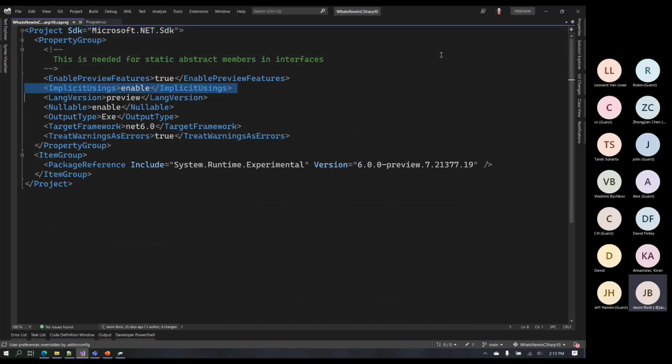So the first thing is, if you want this, you need to opt into it with your csproj file. This is something that actually changed during the evolution of C# 10, that they would say if you targeted .NET 6, they'd automatically include them, but some people didn't like it. So I think they finally settled on the behavior that you also have to opt into this feature by setting this in your csproj file.